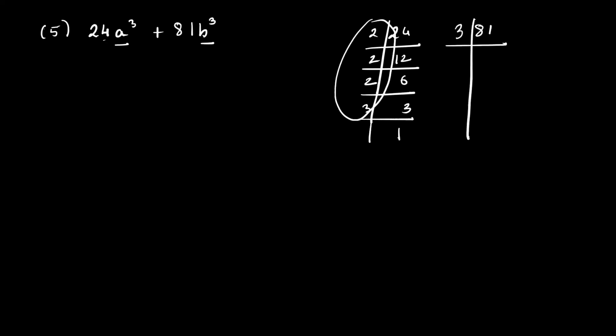If I try, 3 27s are 81. 3 9s are 27. 3 3s are 9. And 3 1s are 3. So these are all the factors of 81. Now we can write it here, but there are too many numbers. So my suggestion is, यहाँ पे देखो, whatever I've circled, I would like to see in the message.